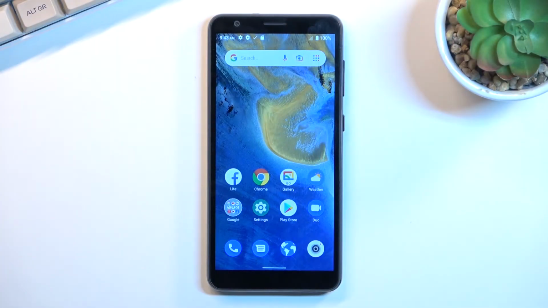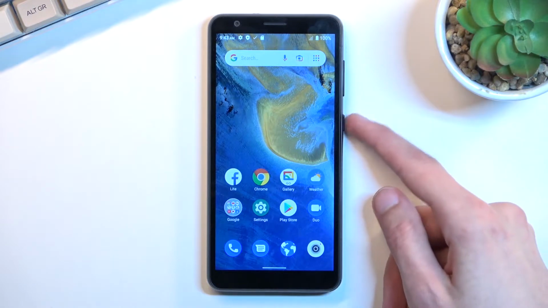Welcome. In front of me is a ZTE Blade A31, and today I'll show you how you can put this phone into safe mode. So to get started, hold power key,